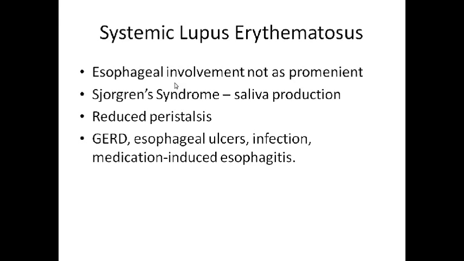Because there's reduced peristalsis and contraction of not only the esophagus but also the LES, we can have GERD, esophageal ulcers, and possible infections. Remember, the esophagus can be a harbor of overgrowth of candida at times,